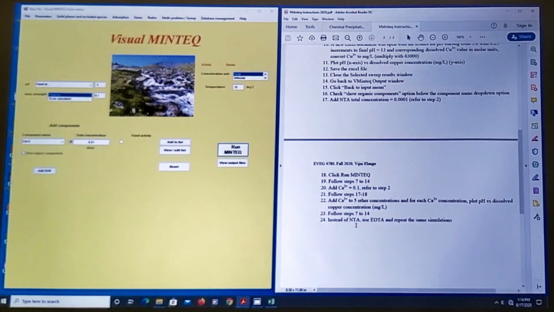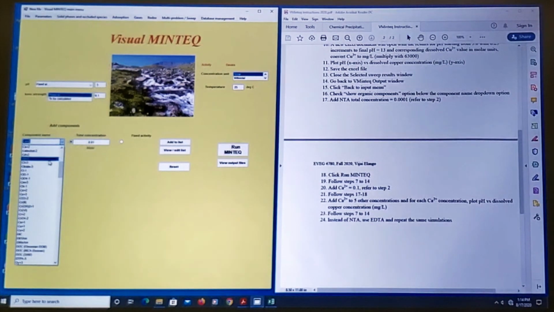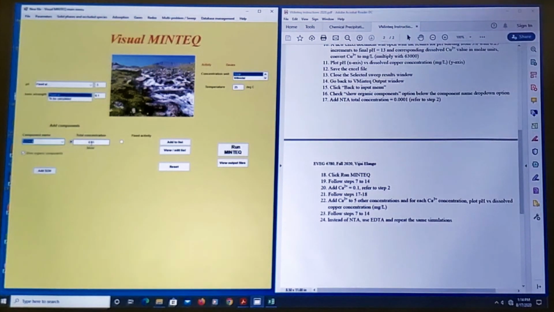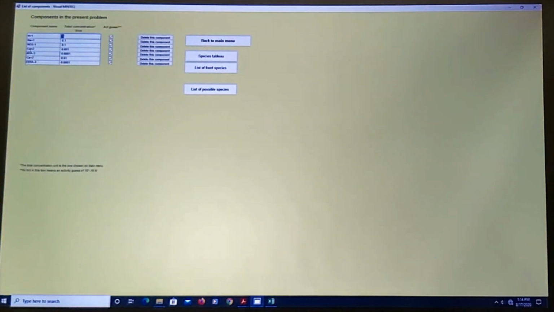And the last step, instead of NTA, use EDTA and repeat the same simulation. All you have to do is go back here, press E, and it brings up all the E's here. Click on EDTA, add the same concentration as NTA, which is 0.0001, add to the list, click View List, and go ahead and remove NTA. So when you're testing for EDTA, you can remove NTA. Again, remove calcium at this point. Now run your simulation with sodium, nitrate, copper, and EDTA,